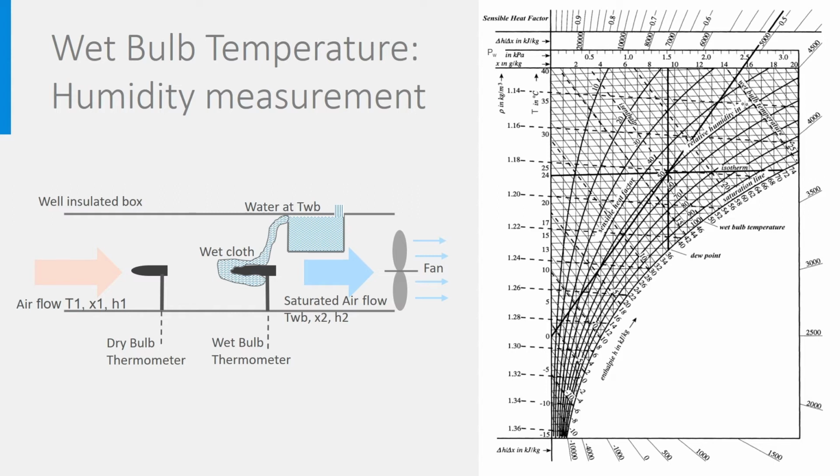In my example, in the Mollier diagram, you see that the psychrometer has measured a wet bulb temperature of 15 degrees and a dry bulb temperature of 26 degrees Celsius. The line of constant dry bulb temperature goes like that, and the one of constant wet bulb temperature like that. Their intersection determines a unique point on the Mollier diagram that gives us the absolute humidity of the air, 6.5 grams in our case, and the relative humidity, 30%. That's how humidity is measured.